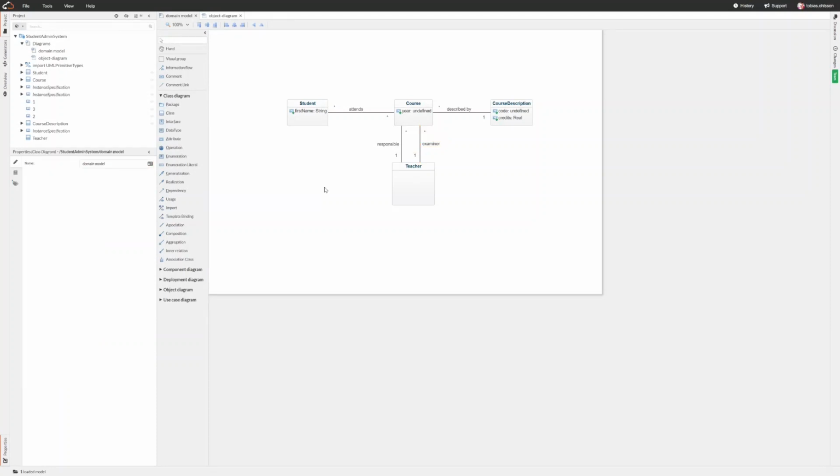Let's guess that that's the English term for this. And a teacher can be responsible for several courses and be the examiner for several courses also. So this is an example of multiple associations between the same